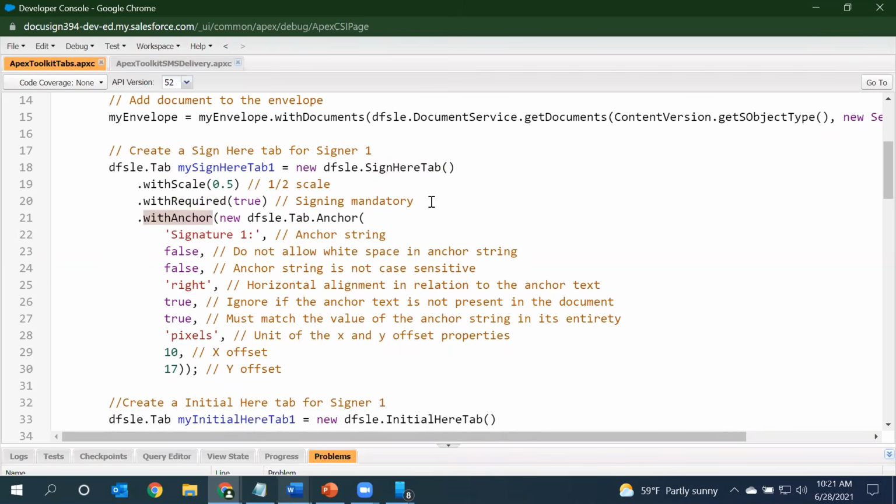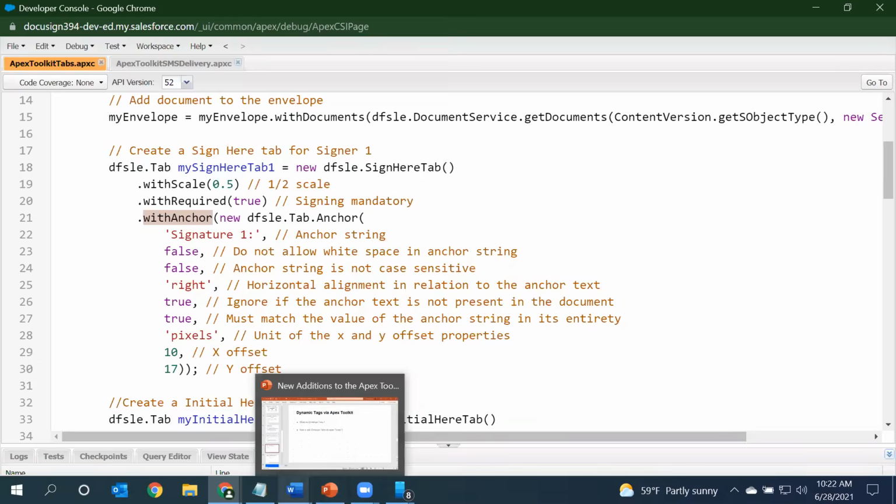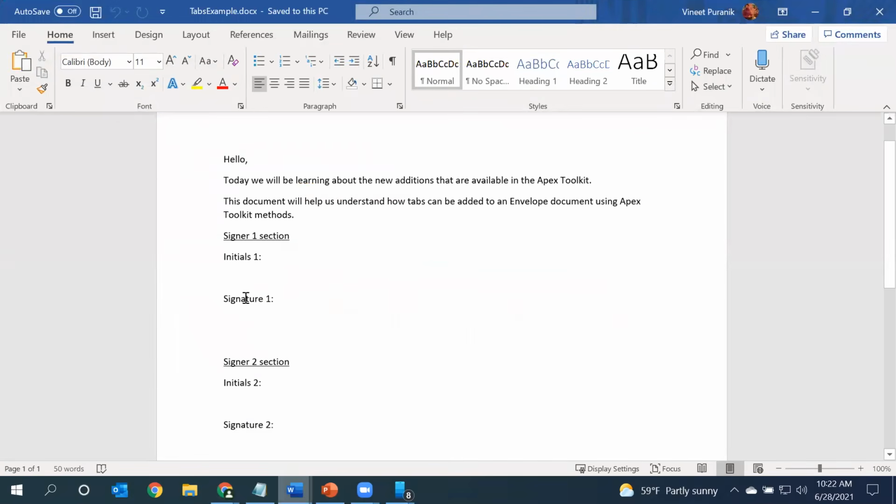Now the anchor piece is very crucial. It will make sure that the engine knows where to place this tab when the envelope is being constructed. You'll notice that I've mentioned an anchor string as signature 1. So if I jump back to my document, this tab will be placed over here next to this signature 1.